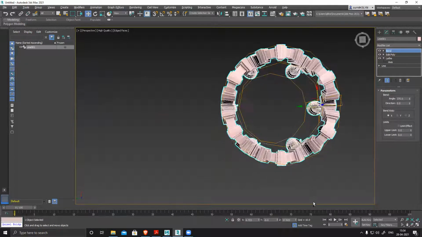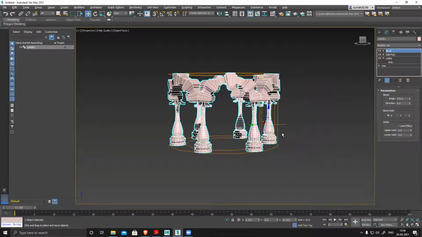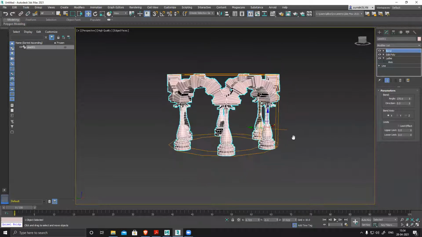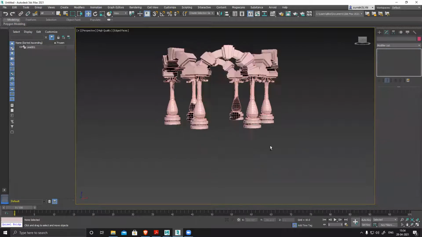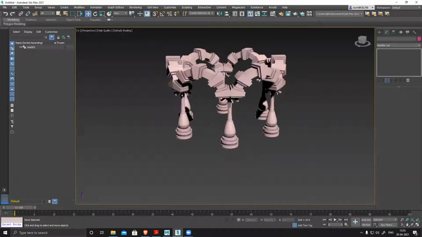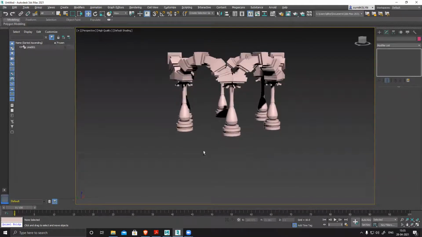Now you can see it's perfectly circular in shape, and this arch automatically bends nicely. And you can see this, F4. So like this, we can create really complex geometry very easily.